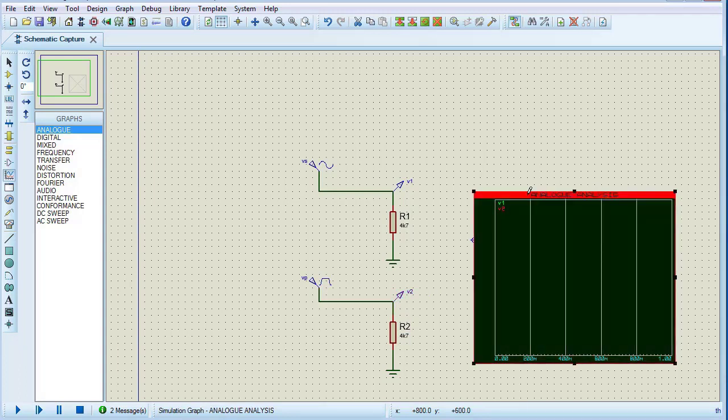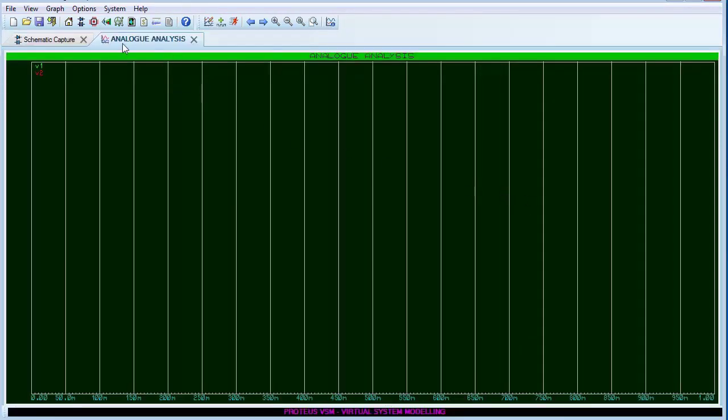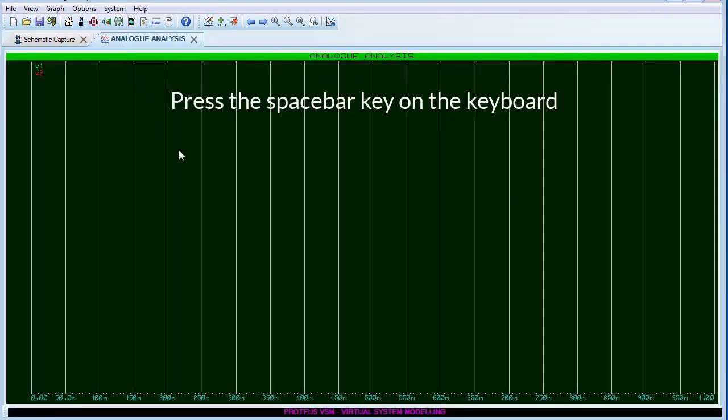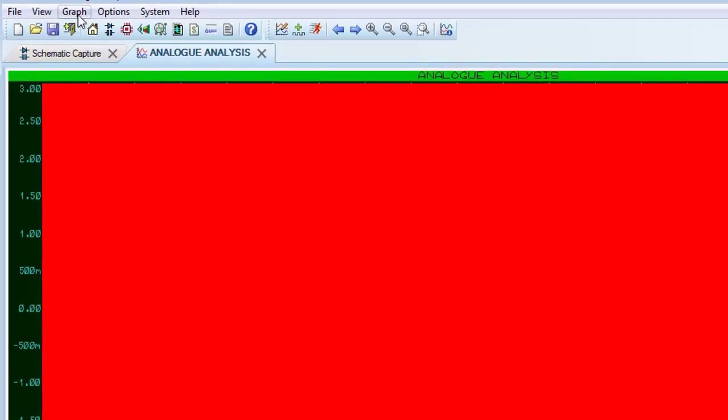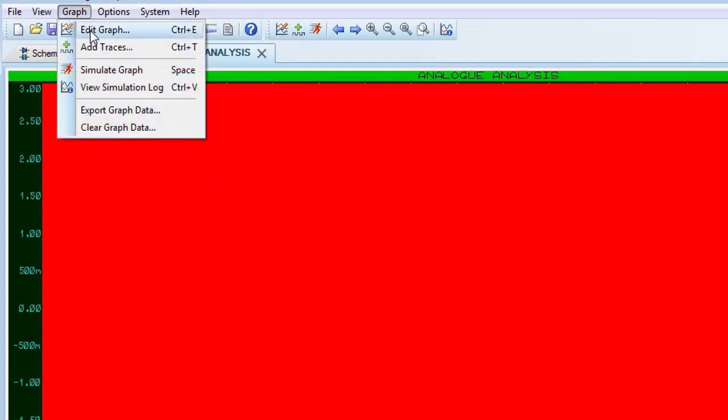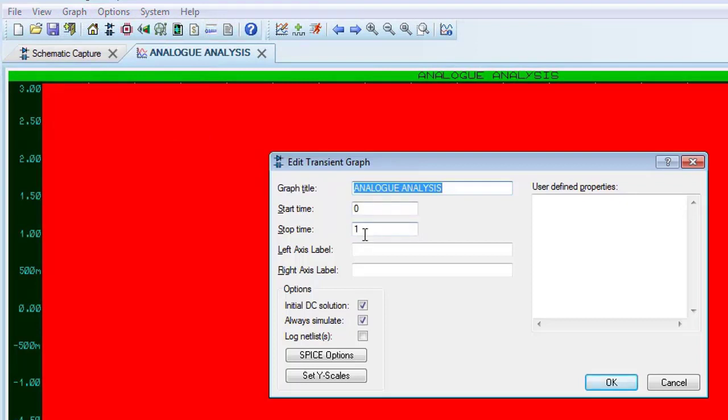Double-click on the title bar of the graph. For a better view of the waveform, from the Edit graph, set the scan time,